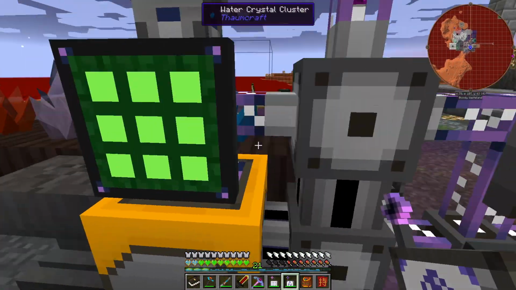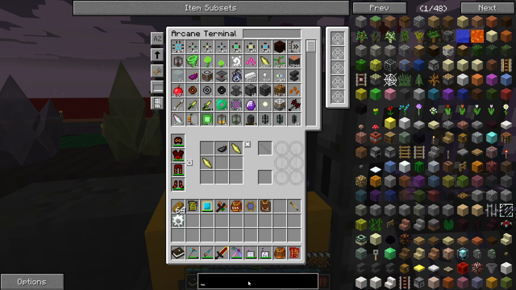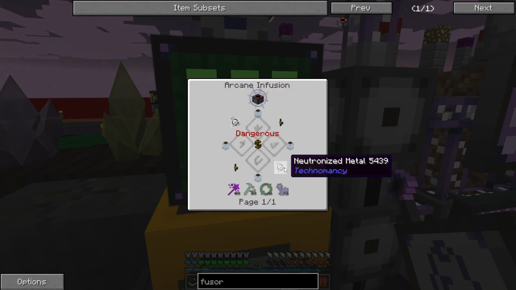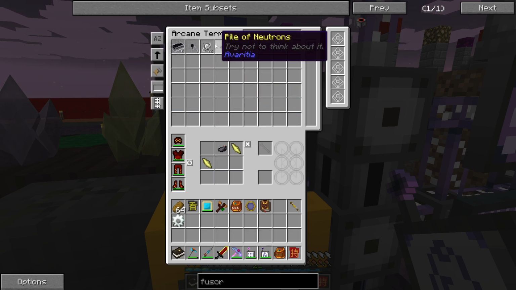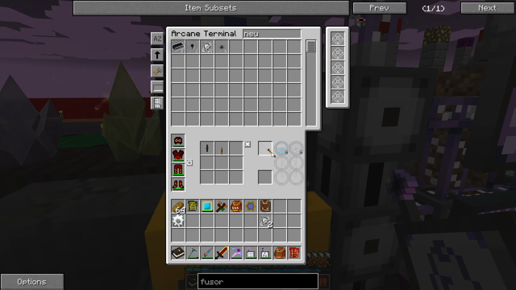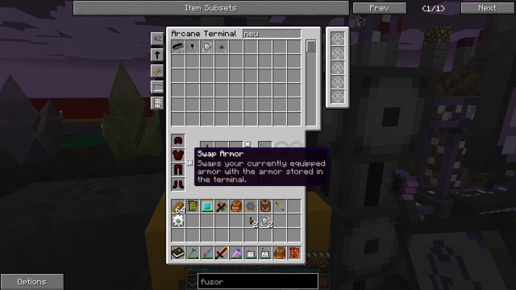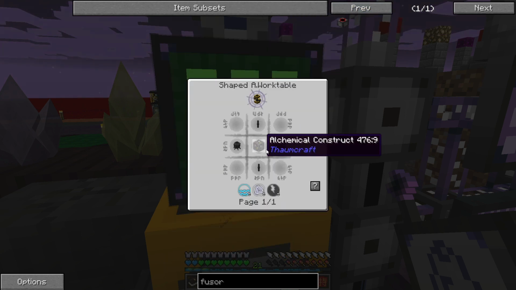So if I come back here, what do I need? Fuser. Yeah, there's not a lot of things with that name. So we need 2 neutronized metal. Neutronized metal. Perfect. So 1, 2. Then we need 2 essentia valves. That I'm going to need to craft. I already know. 1 and 2. Perfect. Get my 1 back and swap this. Then I'm going to need an alchemical